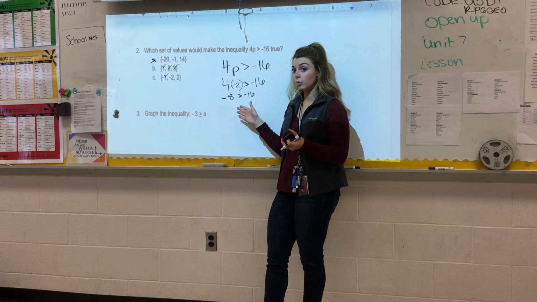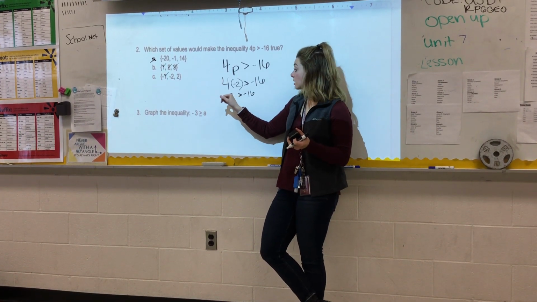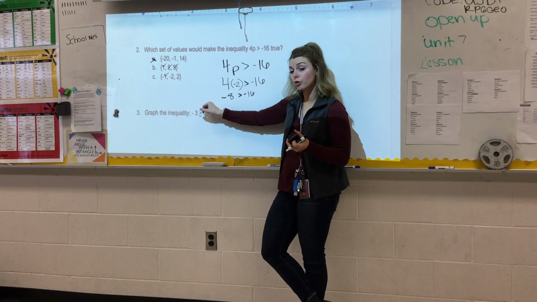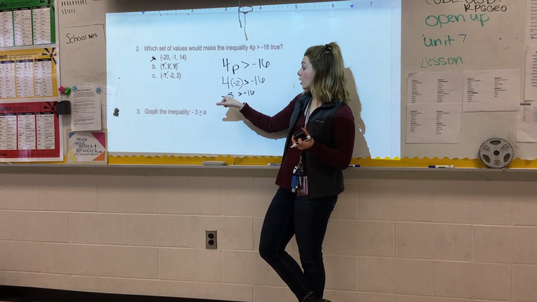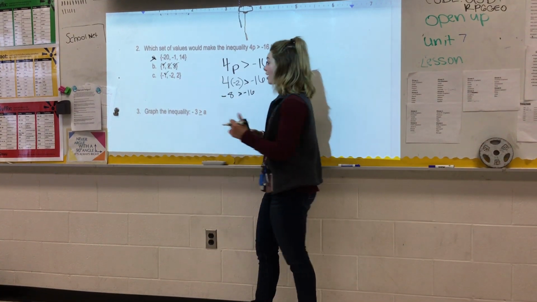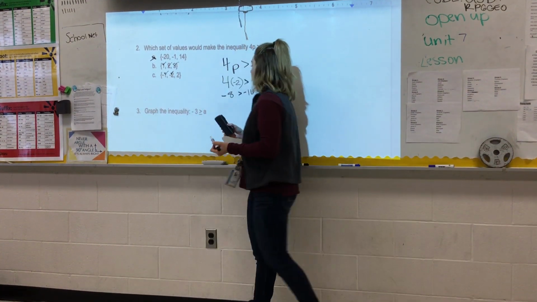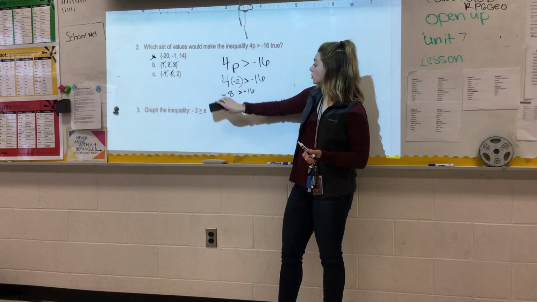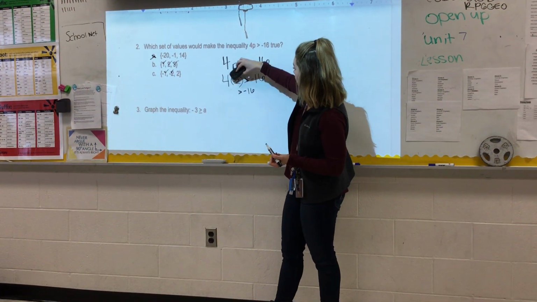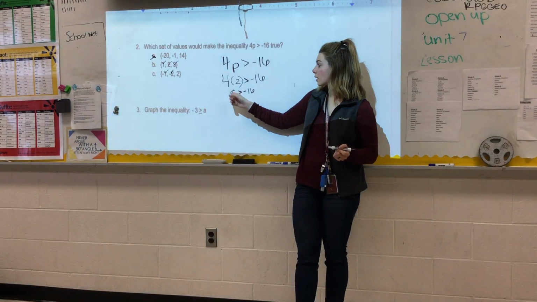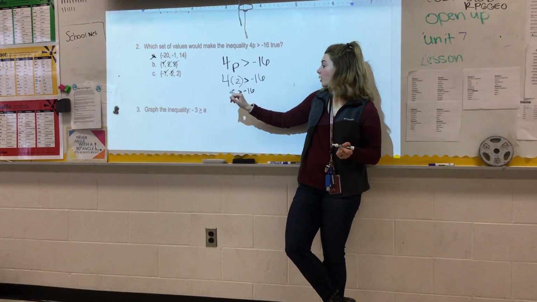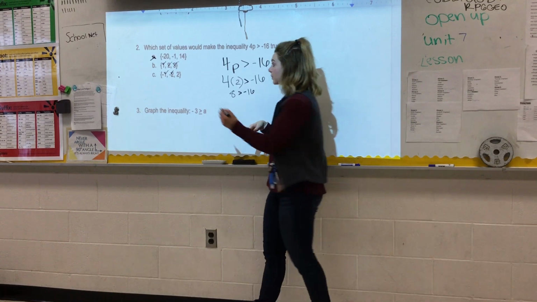Let's think about it. What do we talk about with a number line? Negative 8 is further right compared to negative 16, and it's closer to 0, so negative 8 is going to have a higher value than negative 16. So then the last one is just positive 2. We know 4 times 2 is 8. And we know that 8 is greater than negative 16.